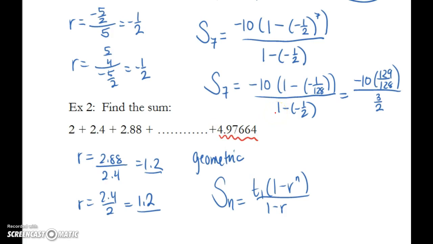We don't know what term number 4.97664 is. So at this point, we can use our formula for geometric sequences and plug in to find n. T1 is 2, r is 1.2, n is unknown, and Tn is the term that goes with the unknown n. So that's 4.9